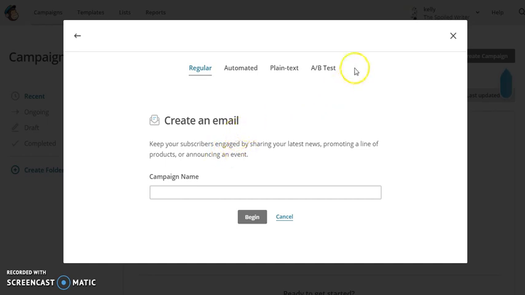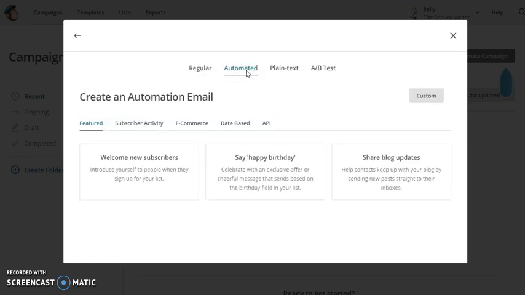Okay, so I also have options inside of creating an email. So would you like to create, the first one is a regular email where it's just one email blast. You just send it out that one time to that one list. That's it. Then you have the option to go over to automated, which is where you can actually create a